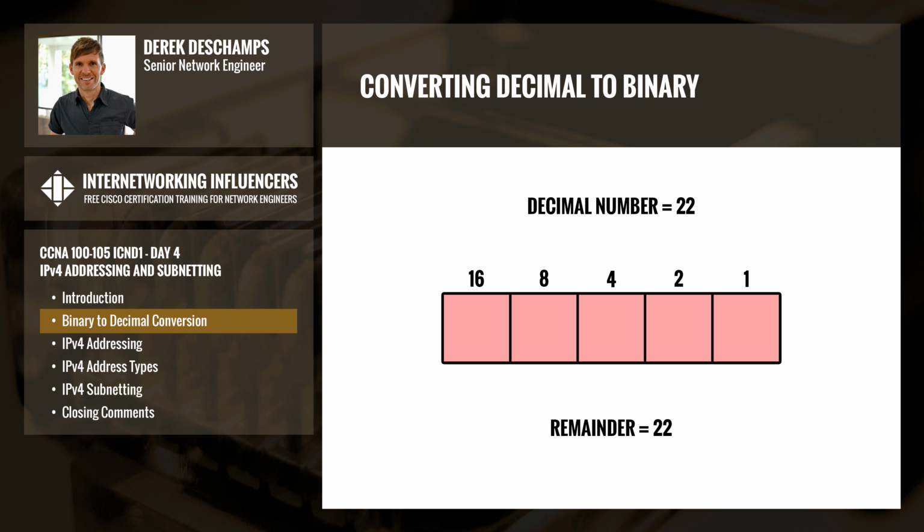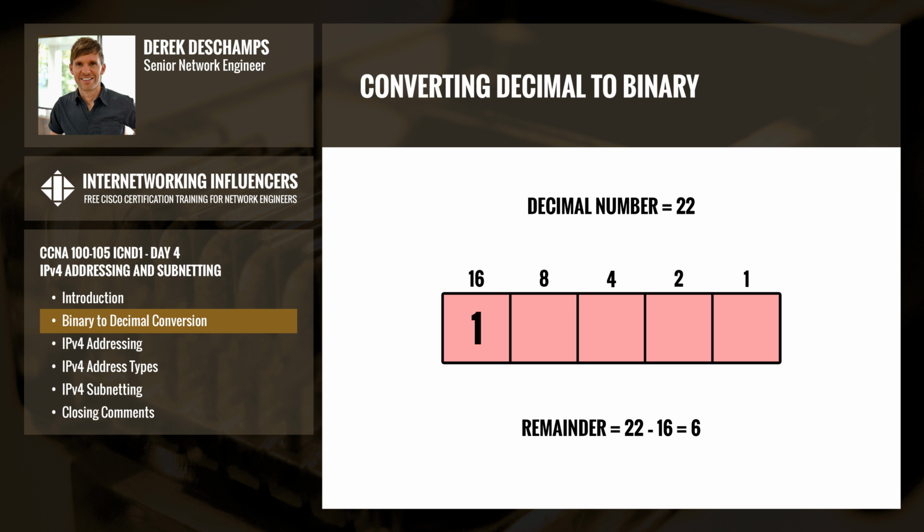We then treat the decimal number we wish to convert as our remainder, and move from left to right, placing a 1 in the first position that has a value of less than or equal to our remainder. In this case, the first position value starting from the left that is less than or equal to 22 is 16. So we place a 1 in the position with a value of 16 and subtract 16 from our remainder,